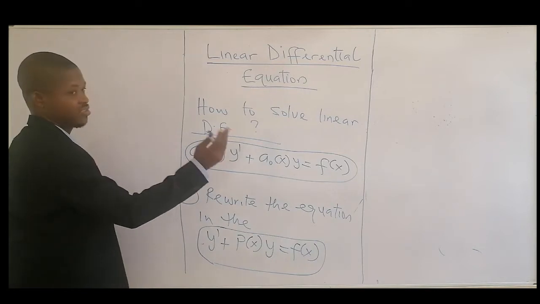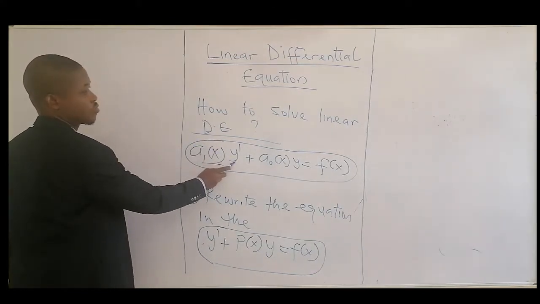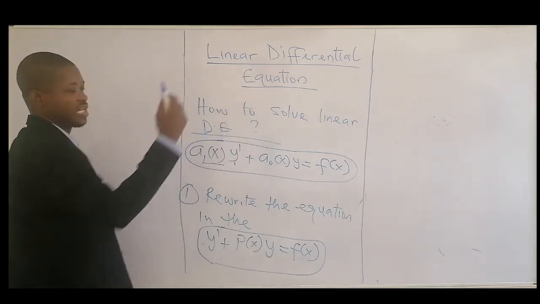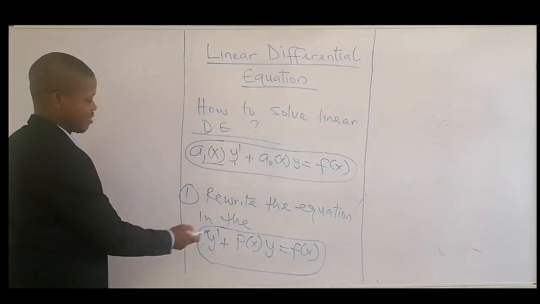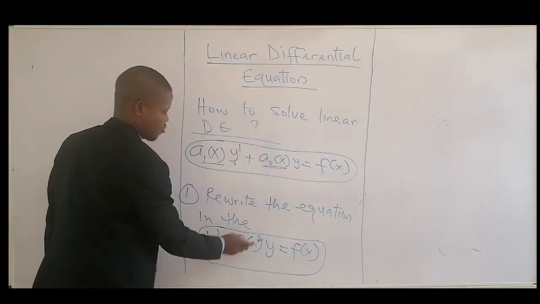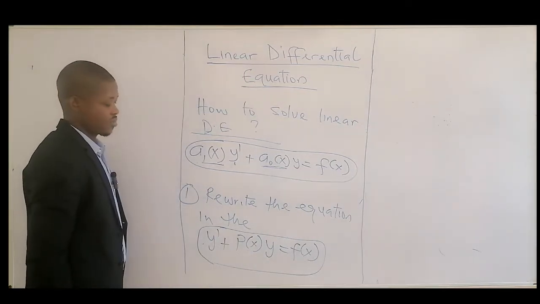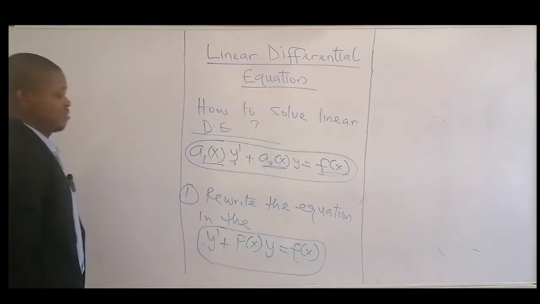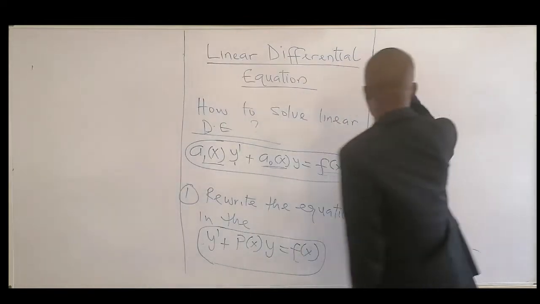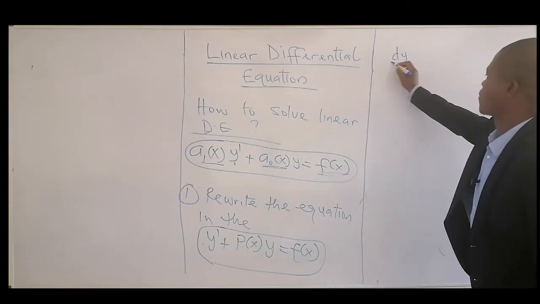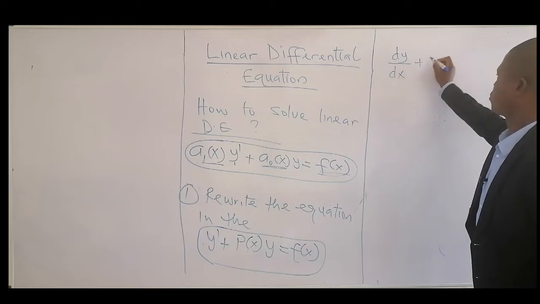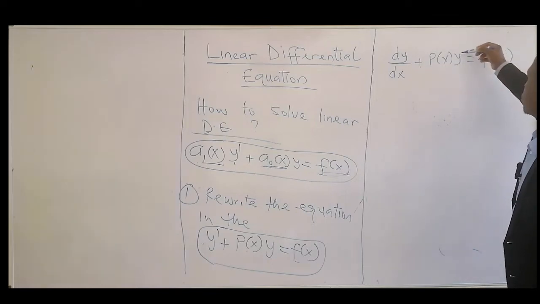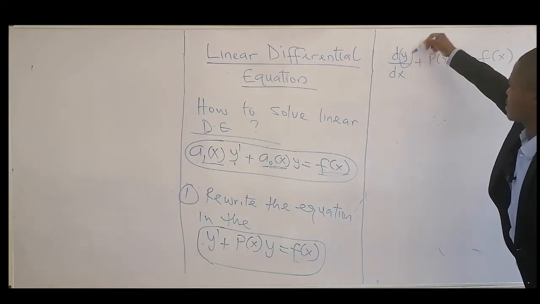Very simple. Just divide through the equation by the coefficient of your dy dx, the attachment to your y prime. Use it to divide both sides. By the time you do that, you can have your y prime. Whatever fraction you have here will be your p of x, and whatever fraction you have here will be your f of x. We can also write it in this form: dy dx plus p of x y equals f of x. You can see the function you have here and the one you have here are the same thing.